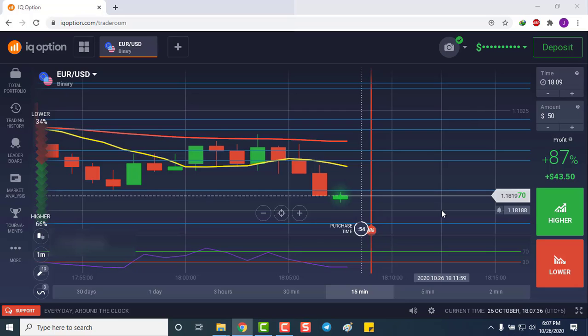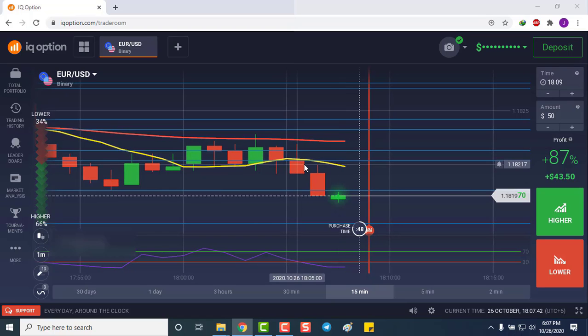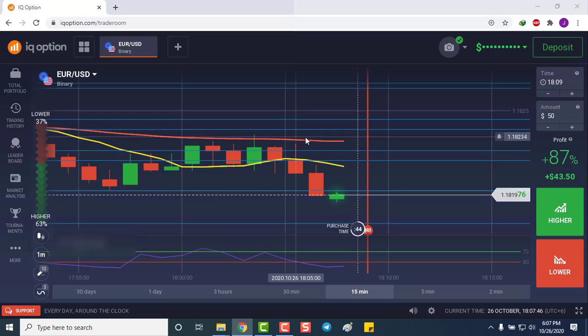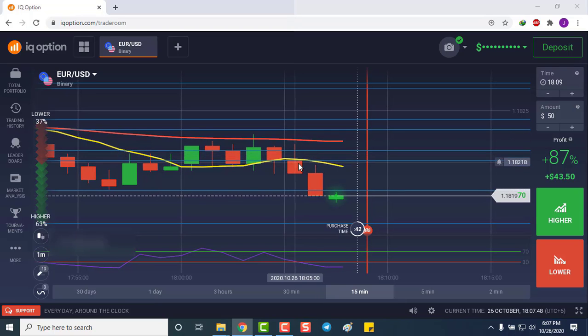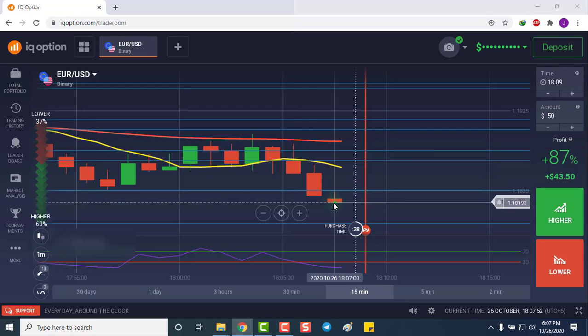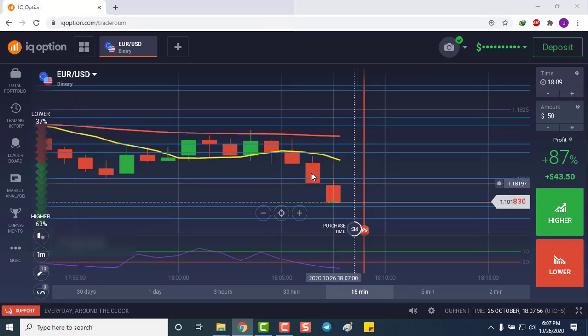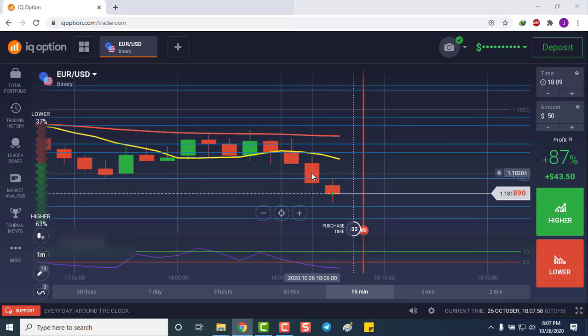Okay guys, also if you closely look at the past two candles, we can see sellers rejection, and the sellers want to dominate the market. So it can form a momentum here,